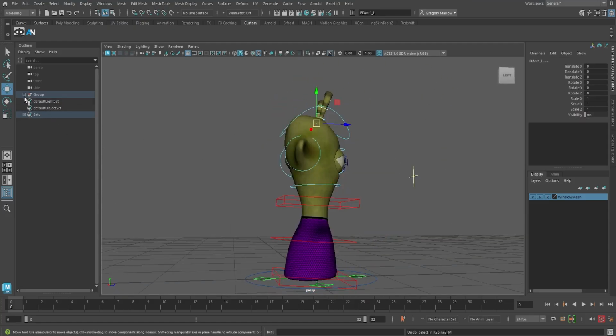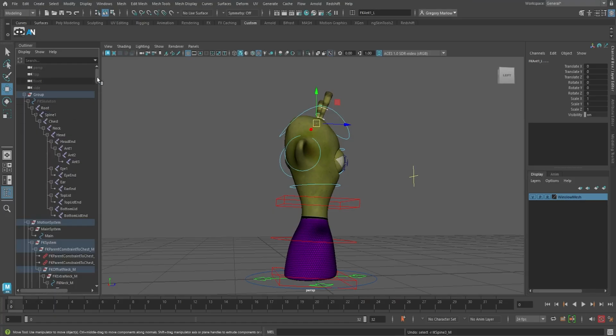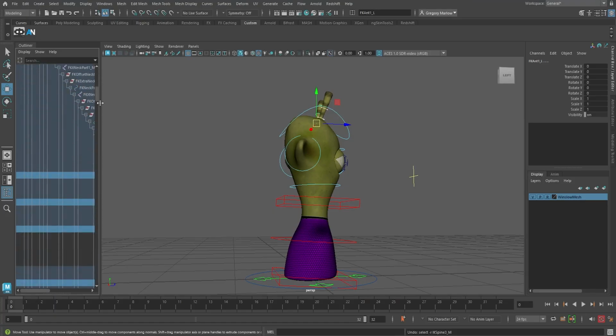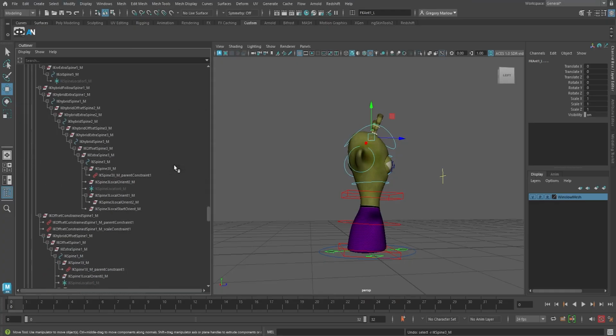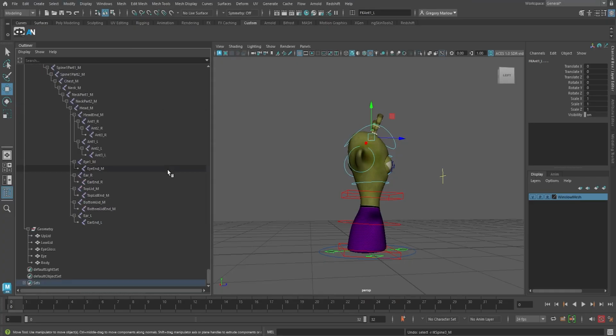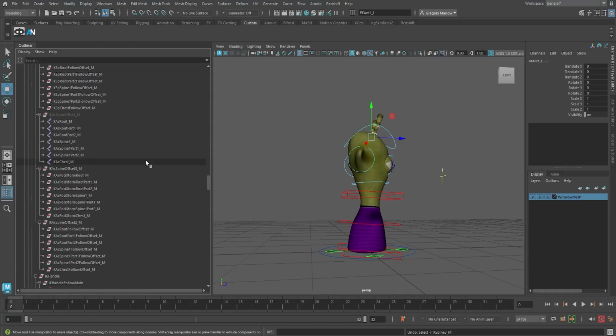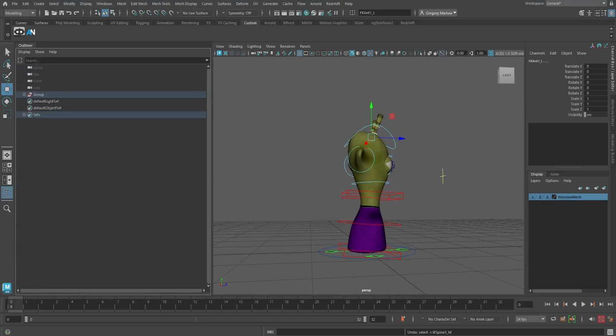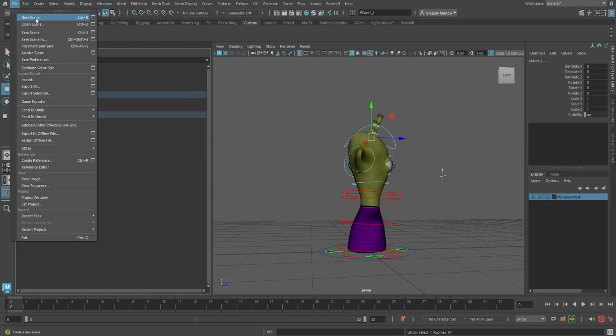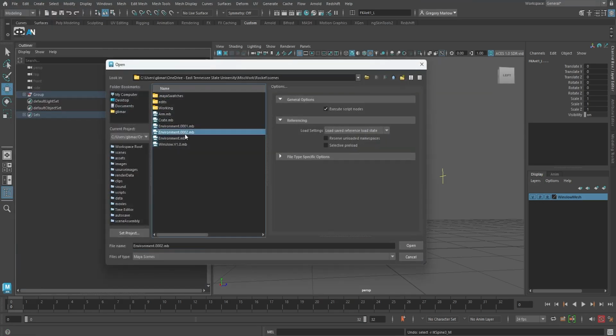But there's a lot of things in Winslow. In fact, if I open this up and you can look at all of the different elements that make up this character, it's a lot of stuff in here, right? And so I want to reference in Winslow, and I'm going to show you how to do that in a couple of different ways. So if I go back and open up my environment,